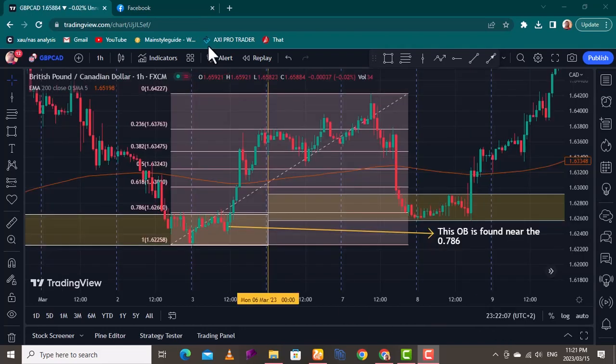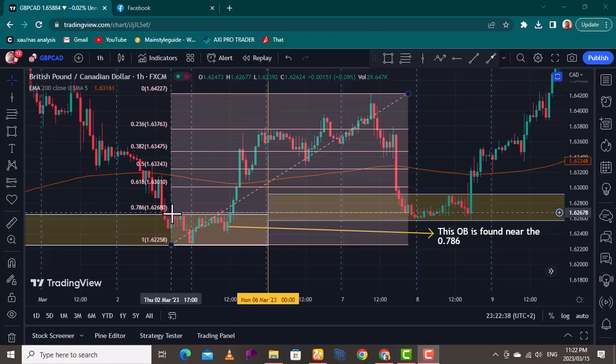Okay, utilize the Fibonacci tool, and if there is an order block at the 0.6 or at the 0.786 level, it's safe to assume it's a strong order block. All right, okay, I've drawn out my Fibonacci tool. This was on Friday this year, Friday the 3rd of March, right? We find ourselves in order block. On Wednesday and Tuesday, price returns to this order block, it holds up. It is near the